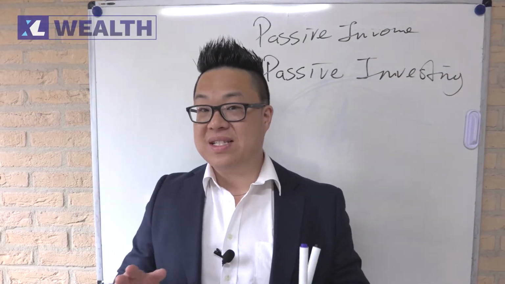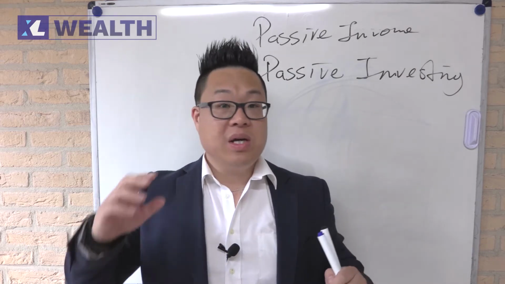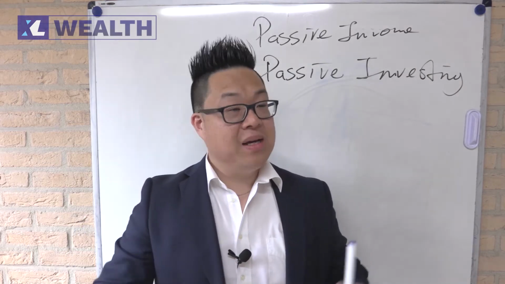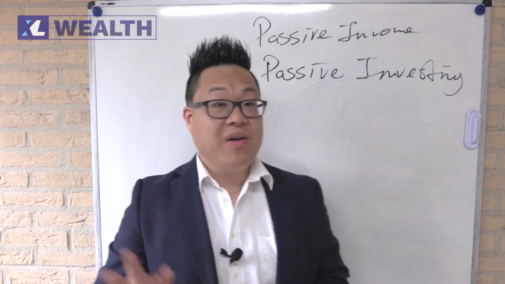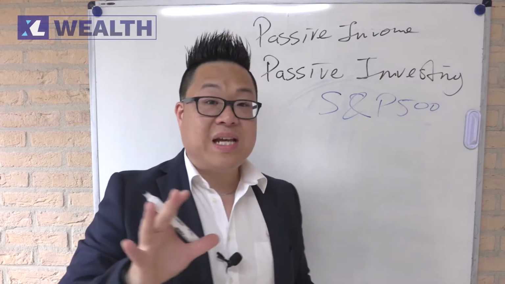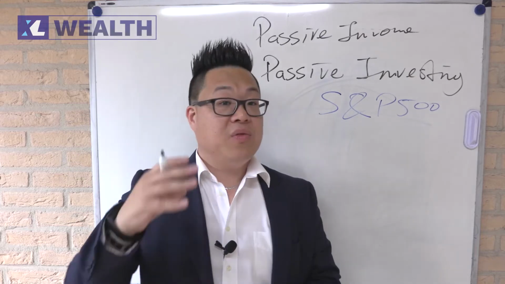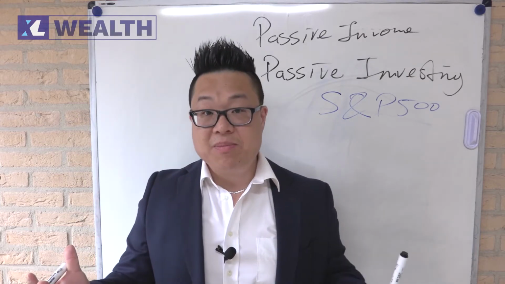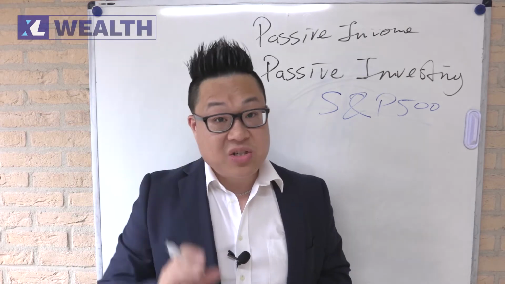So passive investing, again, you do the work up front and the only thing you do is put in money and time, and you wait it out and you get your return on investment over time. It's very simple. With passive investing, what people could do is invest in an index fund like the S&P 500. You just put in your money, for example one time only, like a lump sum amount, and you just wait it out and take out the money in, for example, 10 years' time.